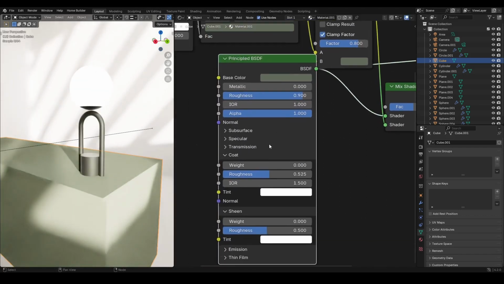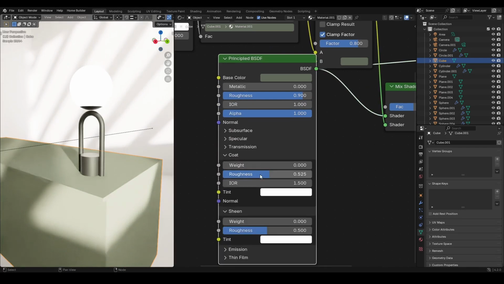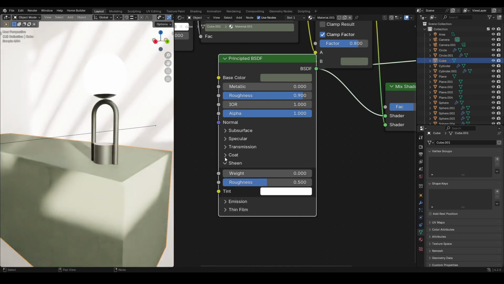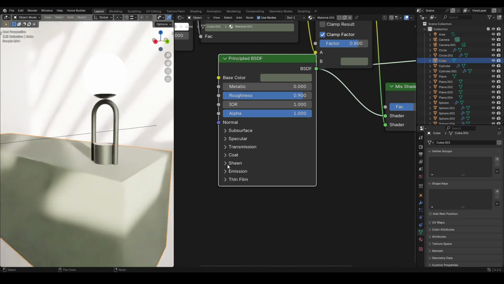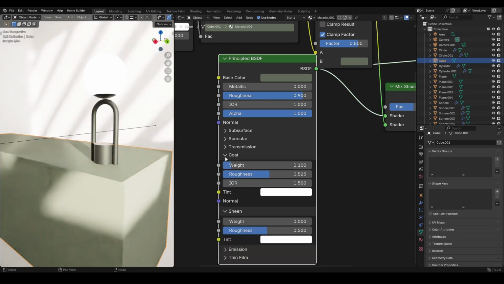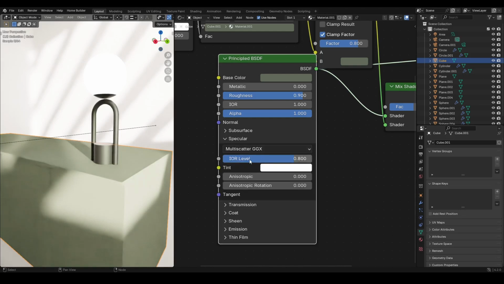But in here, I just tweak the coat and the sheen. You will see that it allows us to have some lines on the table, on the faces, and as well you can play around with this sheen, but this is not actually too important here, therefore you will see that I turned off both the weights, but you can play around with the specular, set the level to around something, and